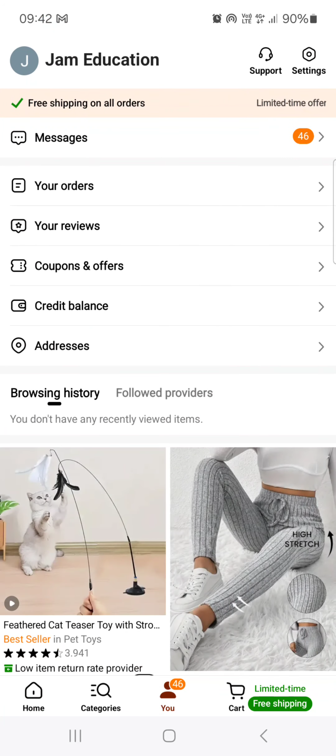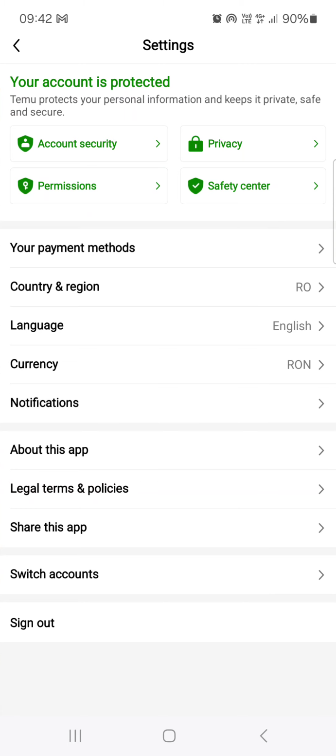Then in the top right corner tap on the settings button. And then at the top we tap on your payment methods. And here we can just tap on add a credit or debit card, and this is going to redirect us to a